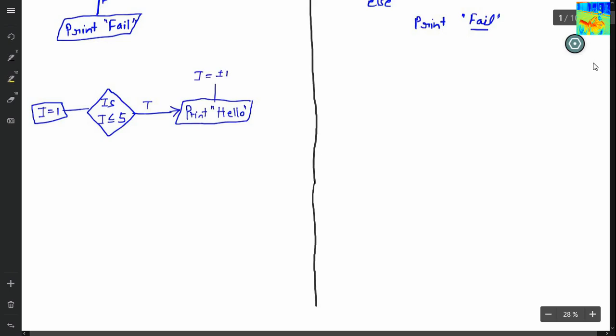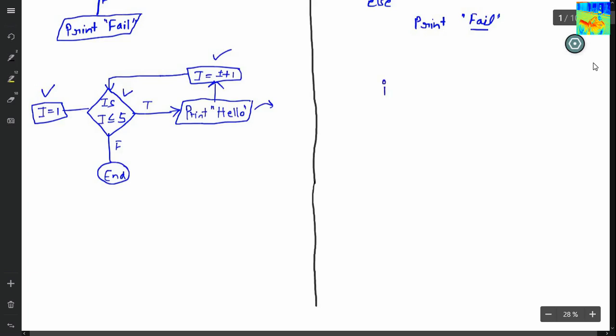So I equals I plus 1. And then I will check the condition again. And if this condition is false, you can end your program. So the first part is initialize, the second part is to check the condition, third part is to do some work, and the fourth you can say is update.